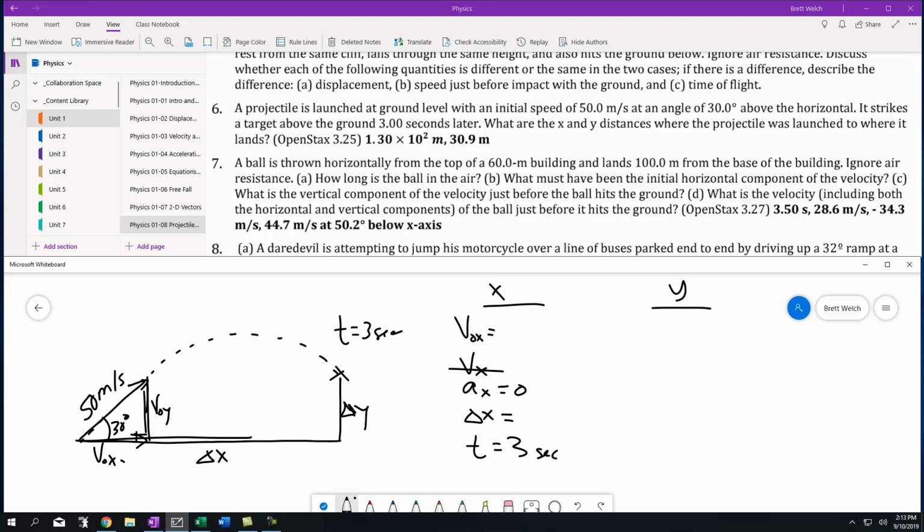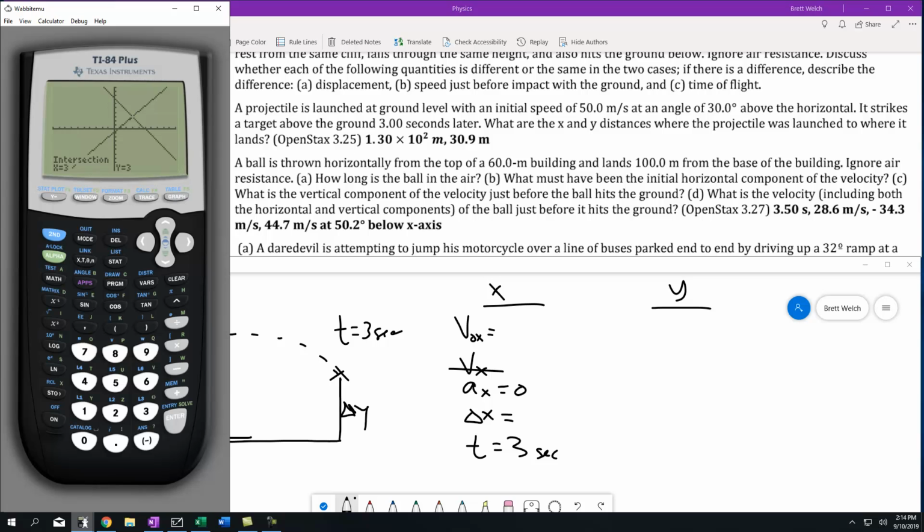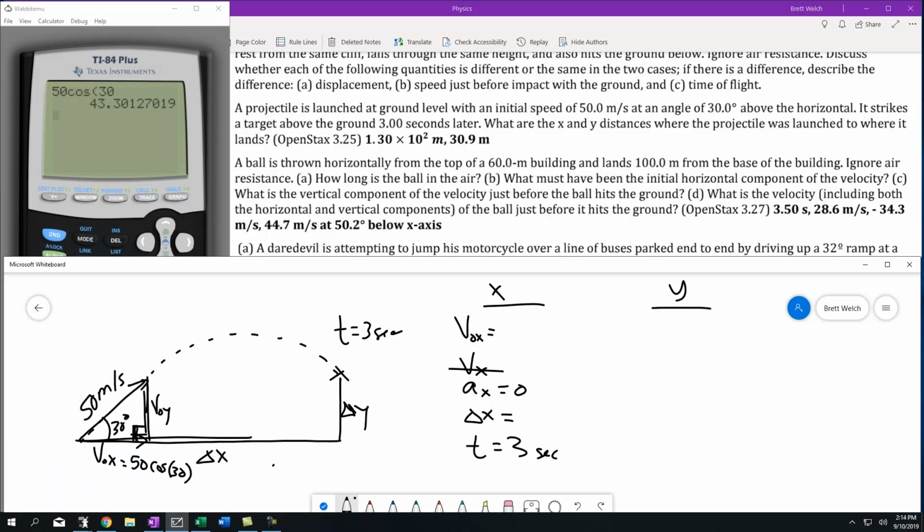To find v naught x, we're going to have to use our calculator, and using a right triangle from the launch point, we know that it's the hypotenuse times the cosine of the angle. So 50 times the cosine of 30, I'll grab my calculator here real quick. 50 cosine of 30, enter, 43.3. Let's just real quick check. Yeah, we're in degrees. So 43.3